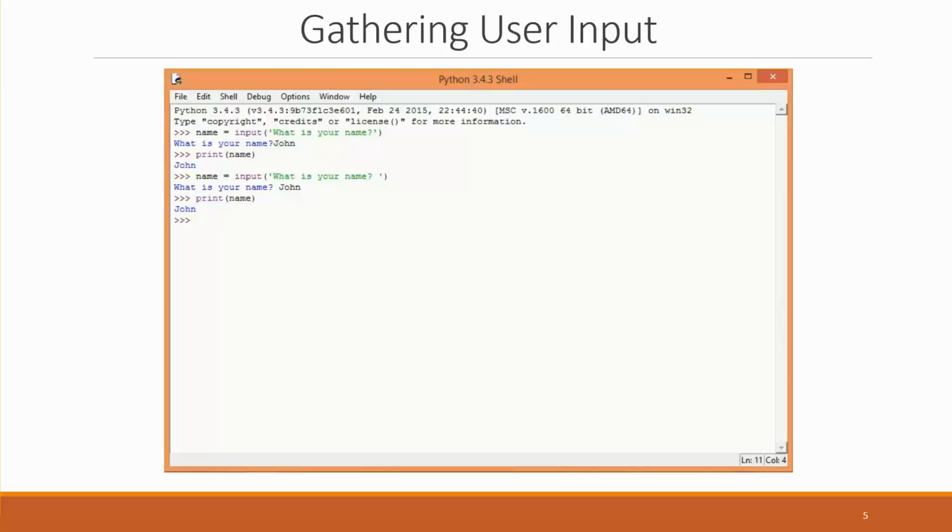Now, if we type in name without the print and just hit enter, you'll notice that John is a string because it's surrounded by quotes. Input will always read whatever value the user types and will read it as a string. Now, this is fine for names, but if we wanted to read an integer value, a number, let's say age,